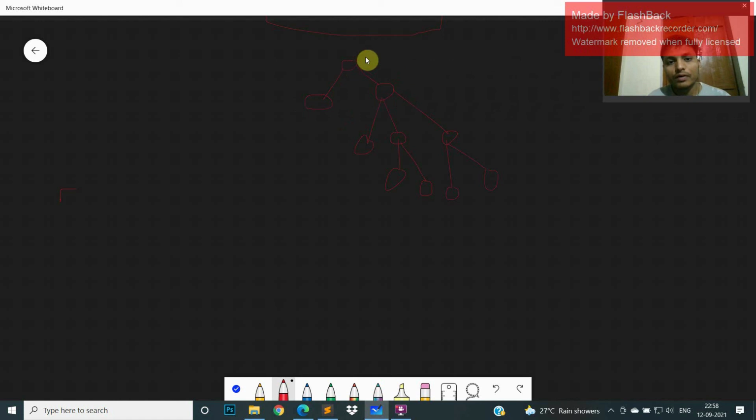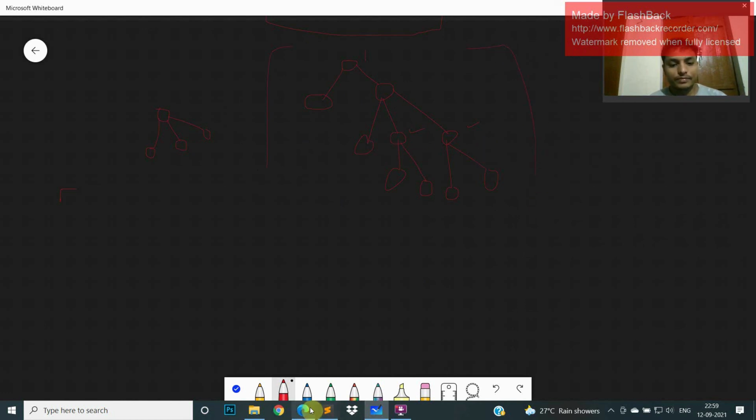So what is a bud? A bud is one that has all children as leaves. Like this is a bud, this is a bud, and if we take this scenario, then these two are buds.